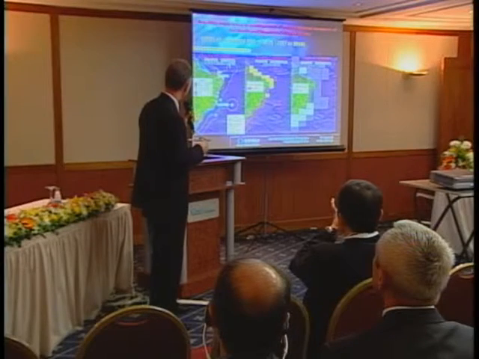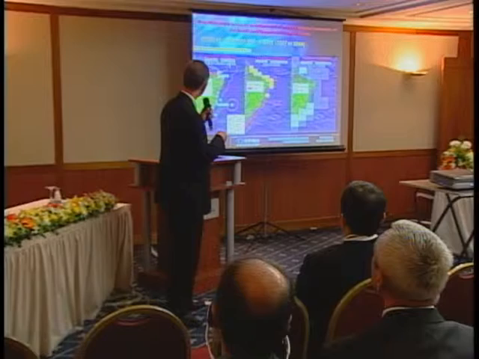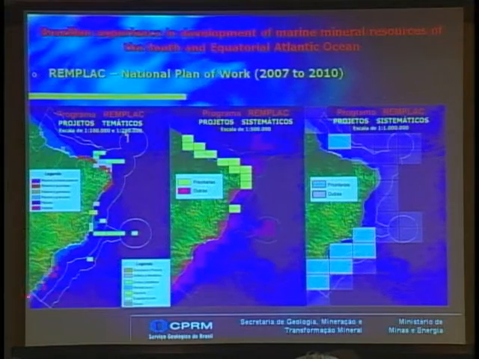Okay, so these maps show, the first one, the areas where we are developing or planning to do research for specific mineral resources. These are the areas where we know there are some resources, and now we are trying to make a more detailed study.